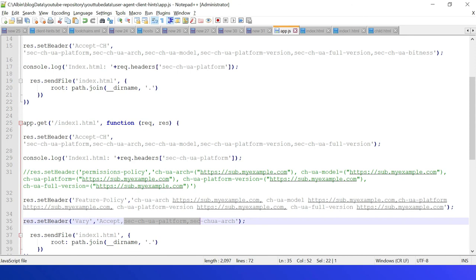The user agent client hints headers are very useful. All the values are not sent by default, so it helps to improve user privacy, and the server requests the required data. Also, no more complex regex parsing.